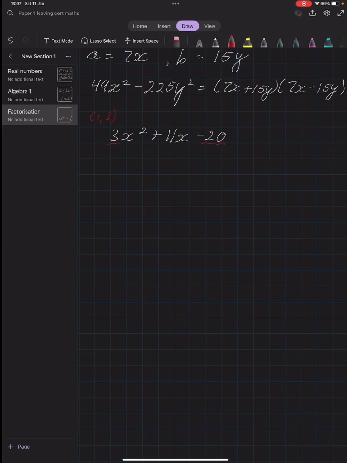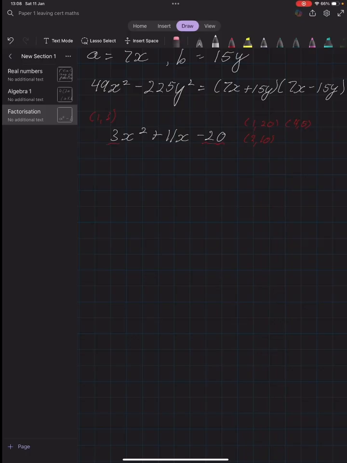Just 1 and 3. What are the factors of 20? 1 and 20, 2 and 10, 4 and 5. Okay. Now, another thing that's important is that when you're looking at the factors of a number,